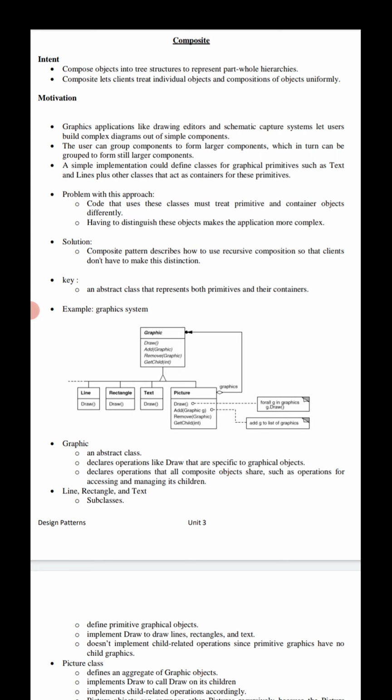What is the meaning of composite exactly? It means things made up of several parts or elements. One more real life example: an organization. In an organization we have a general manager, and the general manager can have a sub manager.